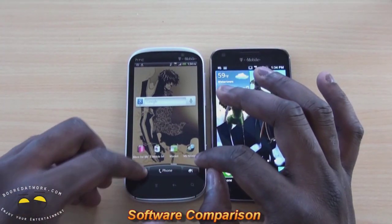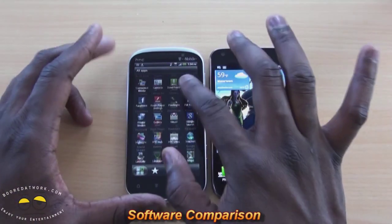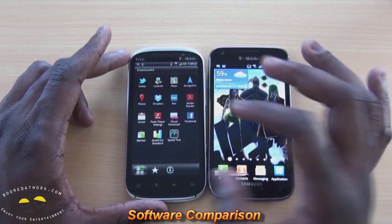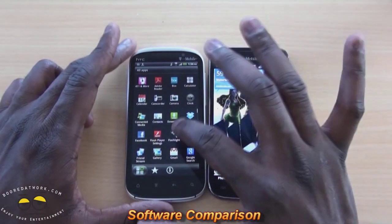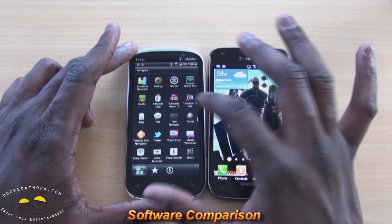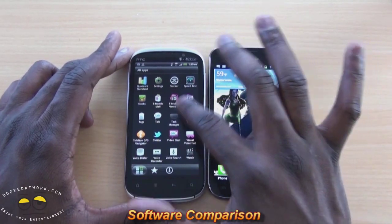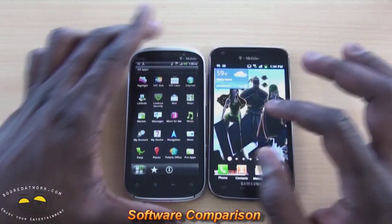You can actually jump in here to your app tray where you can scroll through your apps. You can look for your favorites and look at the downloaded apps and go through all your applications. Comes with preloaded T-Mobile apps like your quick video, Visual Voicemail, T-Mobile TV HD, and so on and so forth. So that, of course, is the